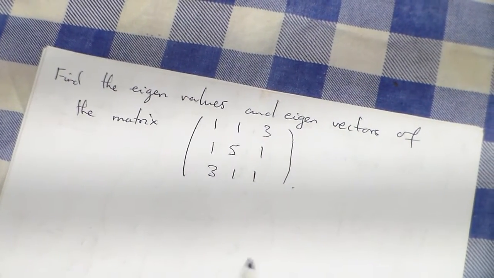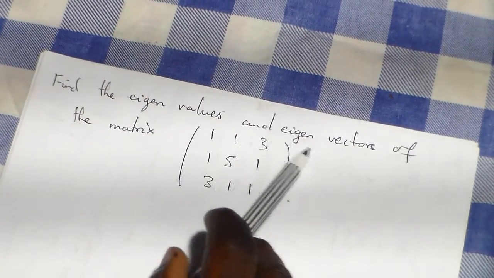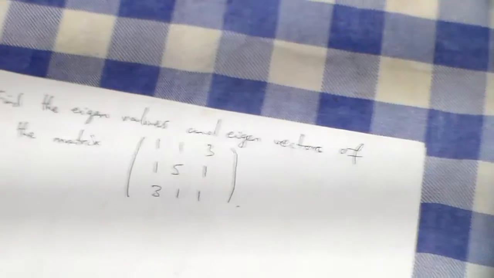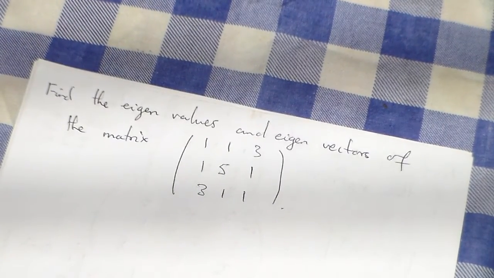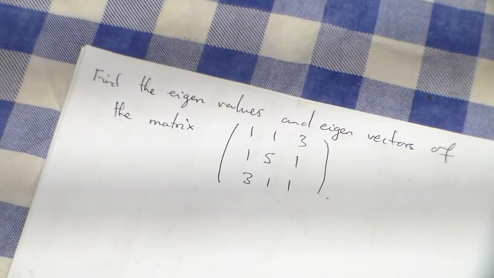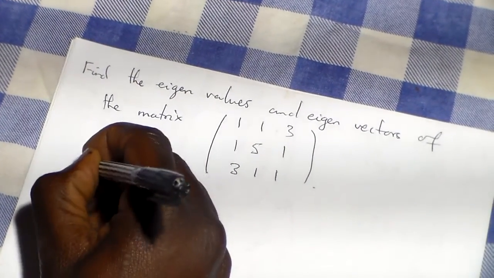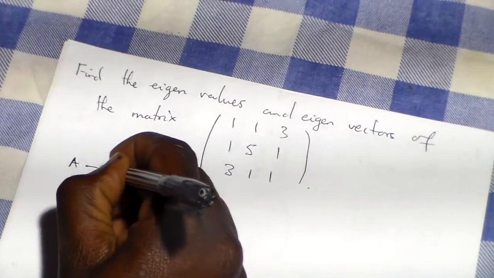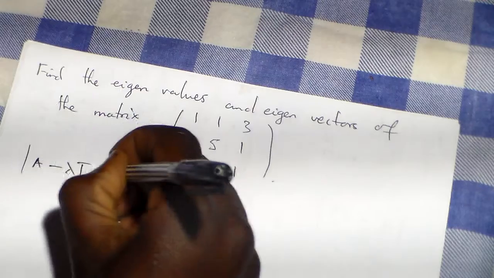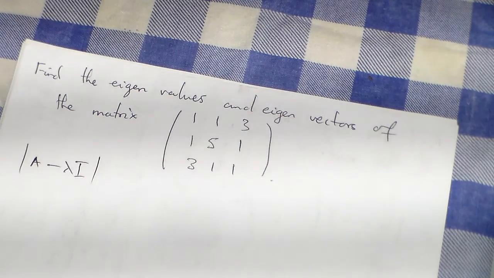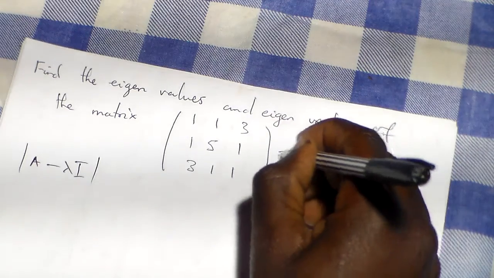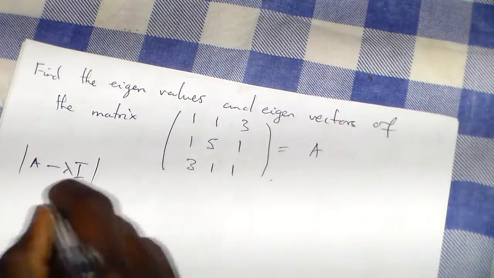Hello, today we are going to find the eigenvalues and eigenvectors of the following matrix. To find the eigenvalues and eigenvectors of a matrix, what we have to do is to first find the characteristic equation from which we will devise the eigenvalues. So we make use of this equation whereby, if this is a matrix A, we'll say matrix